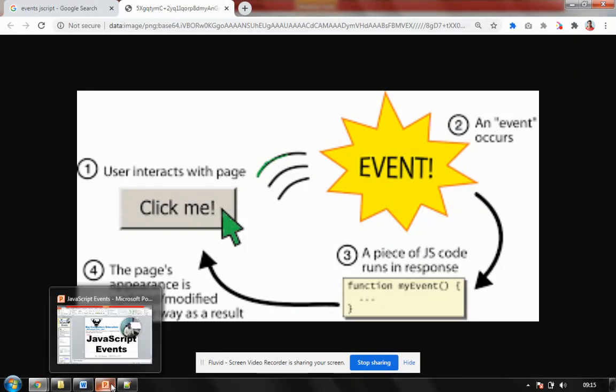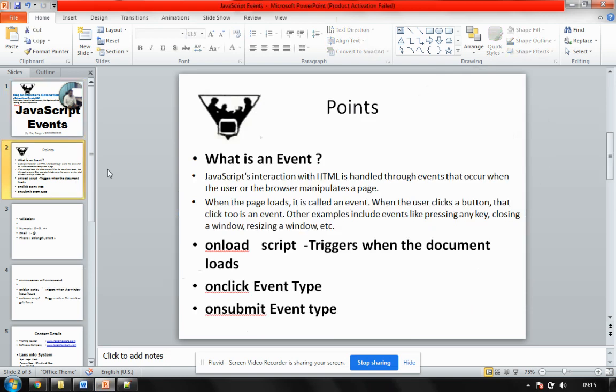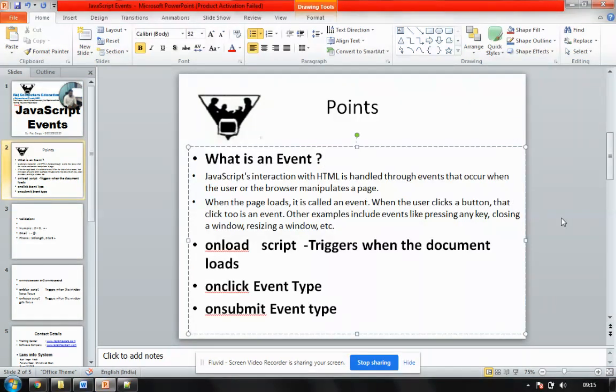After that, we have to understand the technical definition of an event. So what is an event? In JavaScript, when you interact with your HTML, it happens through an event, and those events are stored in the user's browser. Most of the time we have the basic event, that is the page load event. Any time you load your page, there is a page load event. There's a click event, which means when the user clicks on a button.